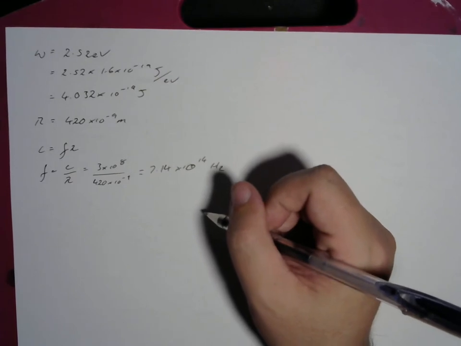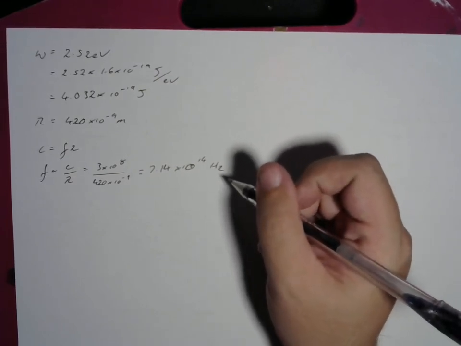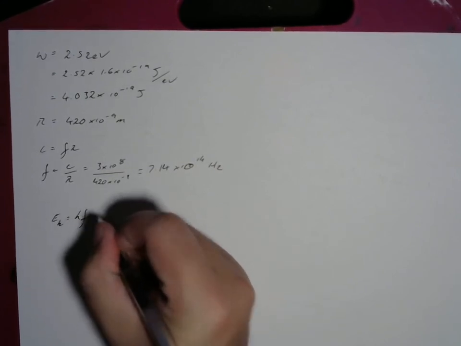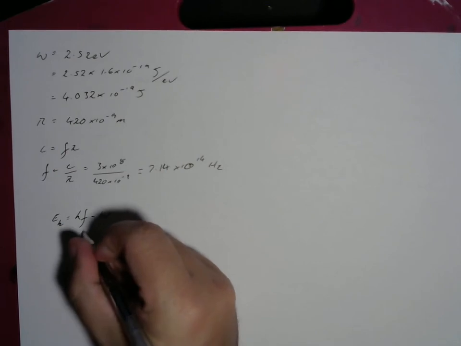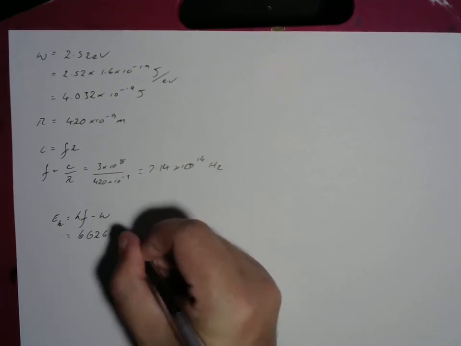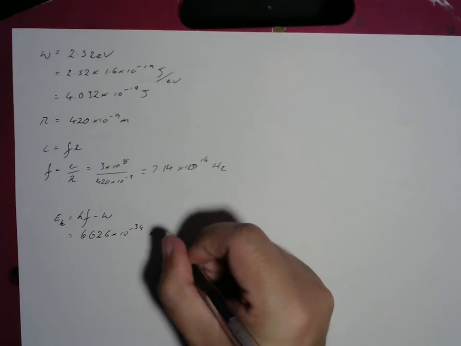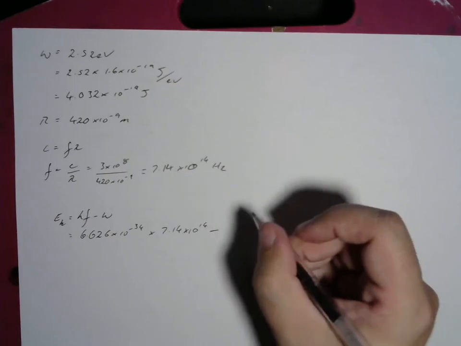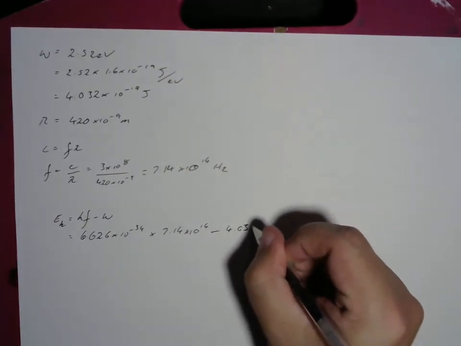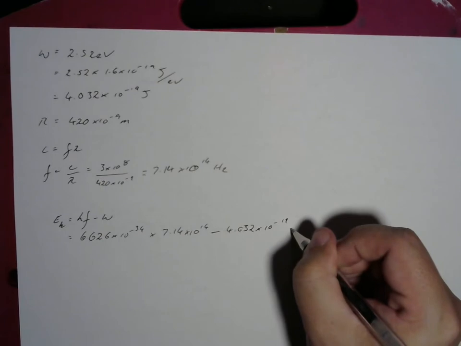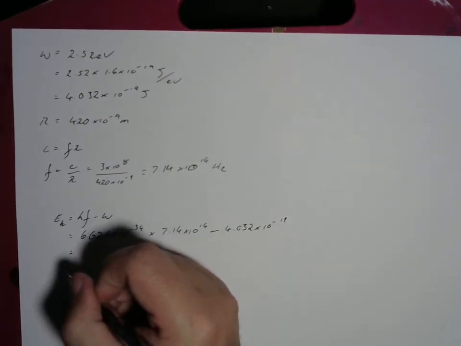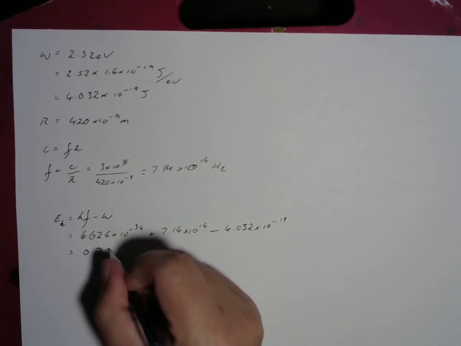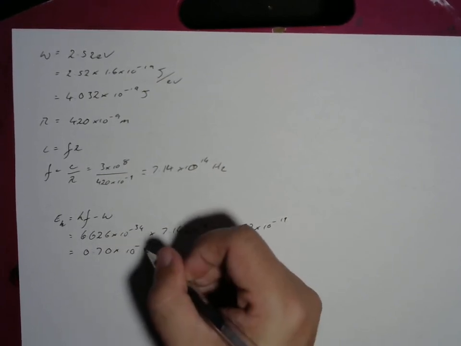All right, now we're after the maximum kinetic energy, so EK equals hf minus work. So 6.626 times 10 to the negative 34 times our frequency, 7.14 times 10 to the 14, take away our work function, 4.032 times 10 to the negative 19 equals a final answer of about 0.7 times 10 to the negative 19,